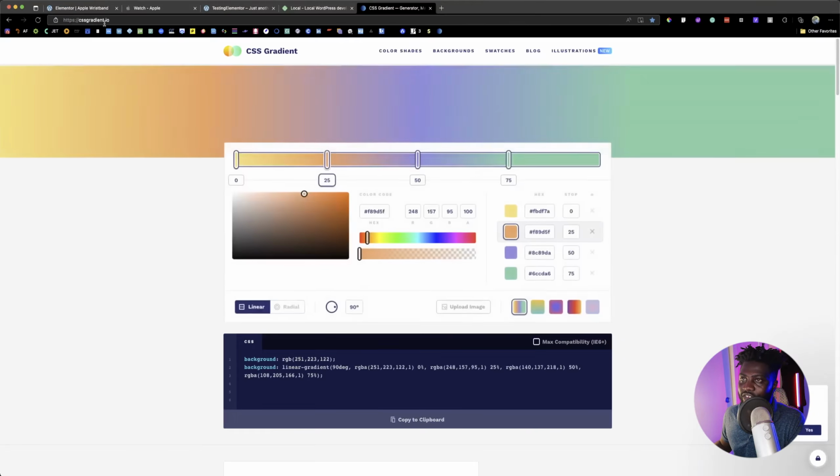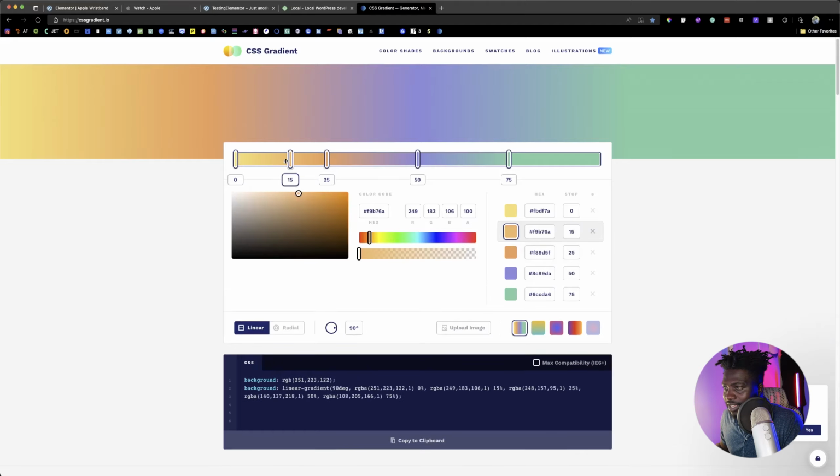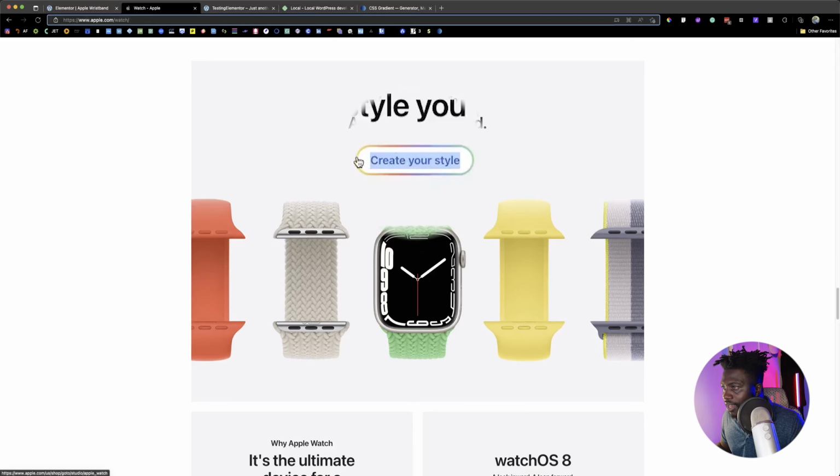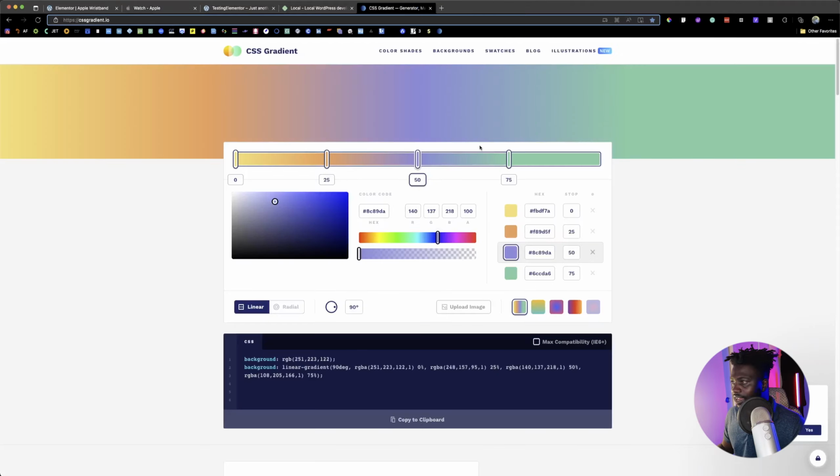It's called cssgradient.io. I already made this a while back, so I already have this over here. But as you can see, you can click and then add more, and then all of that. So you can just click and then add the section. I need 4 sections. When you go back to apps, you can see that there's this yellow, and this orange, and then there's a blue, and then there's a green right here. So that's the same thing that I've done. I'm going to come here. You see this background, just copy this,